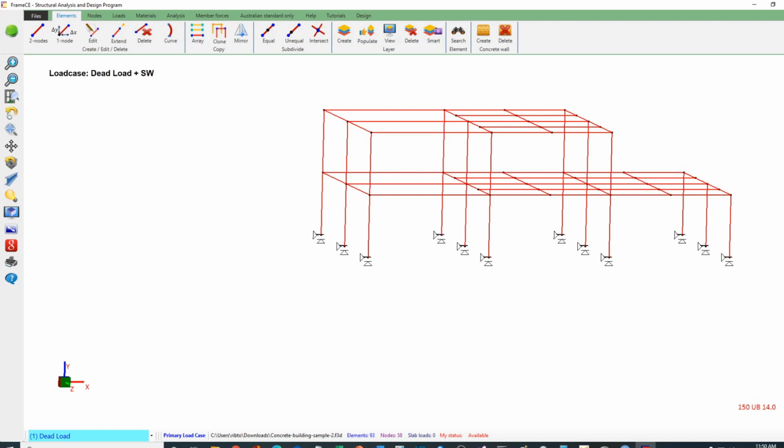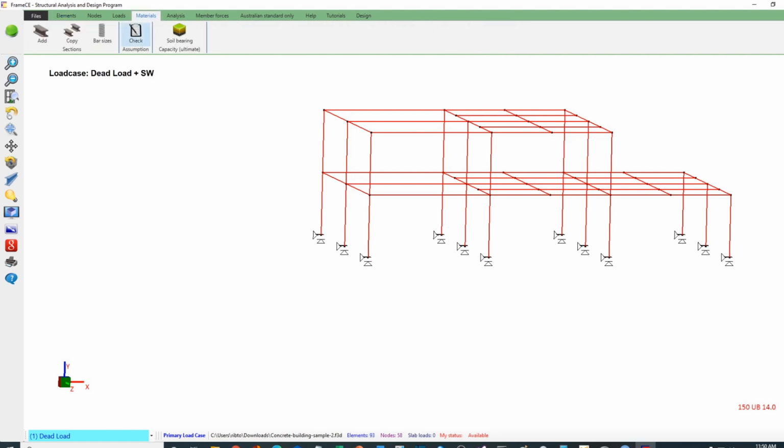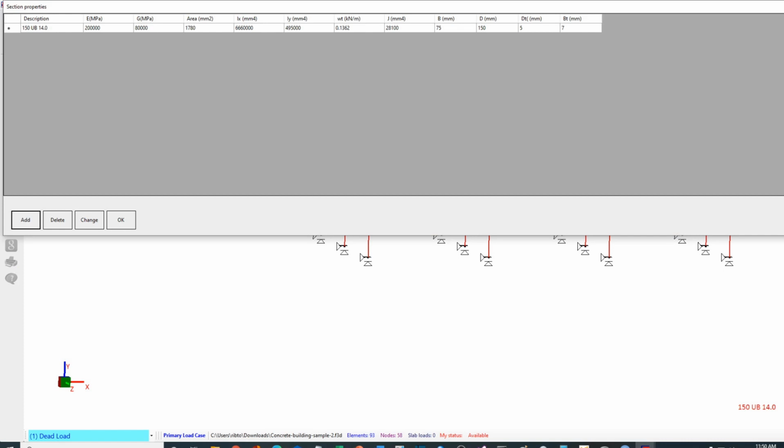And now the next thing I will do is to declare the section properties of these frame members. At this time I only have one section, which is, as you can see here at the bottom right corner, just a 150 UB. Now I will add more section properties by going to the materials menu and then add button,